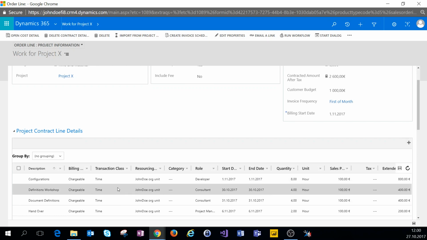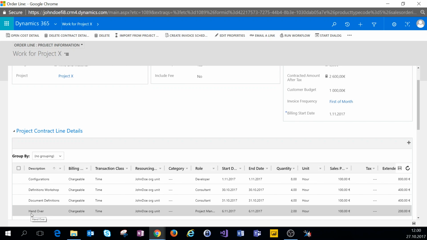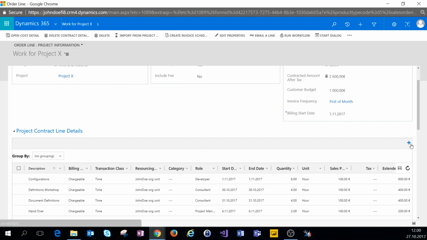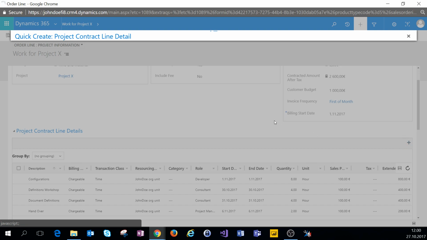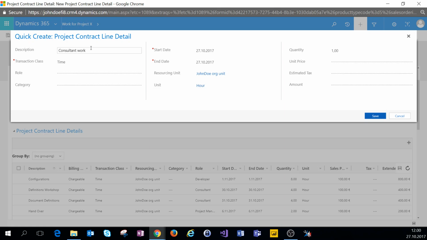All right, so here we can see that we have some contract line details based on the project that we have associated this contract line with. Now for the sake of argument, let's add one contract line detail manually as well. All right, so let's call the description consultant work, for example. It'll be time. Role will be consultant. We have this set up in the system already. Let's choose category as blank, and let's set quantity at 10